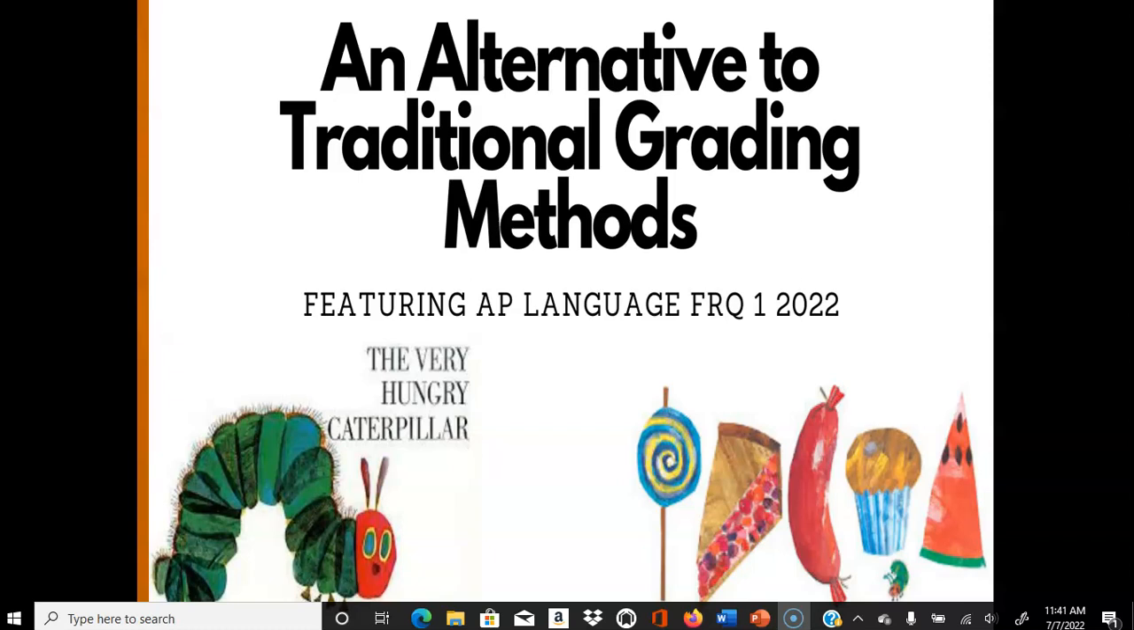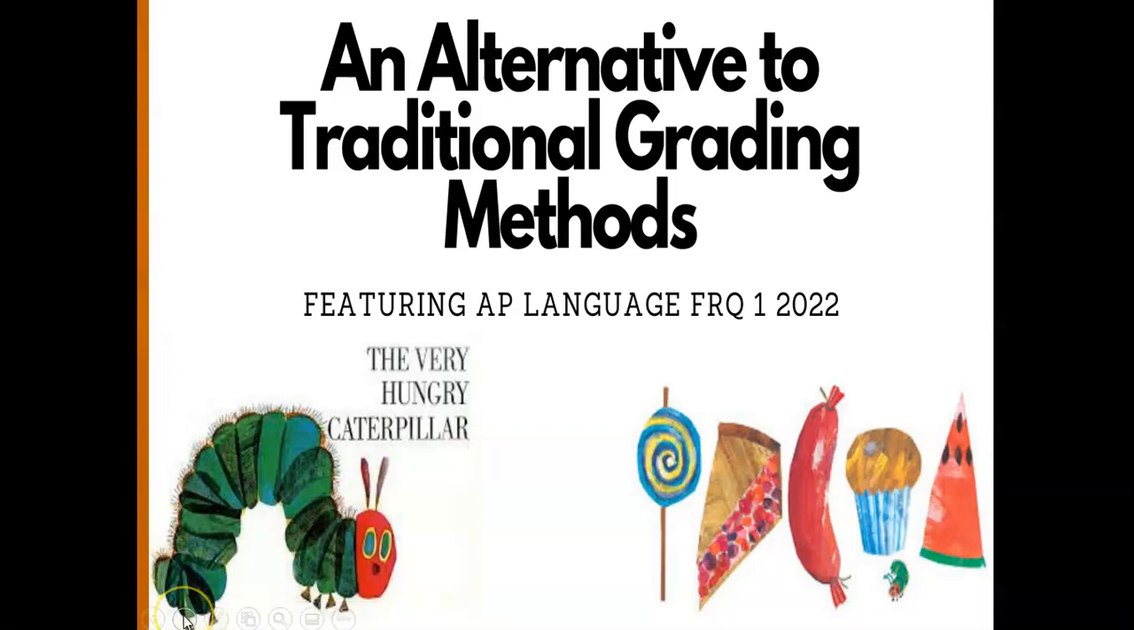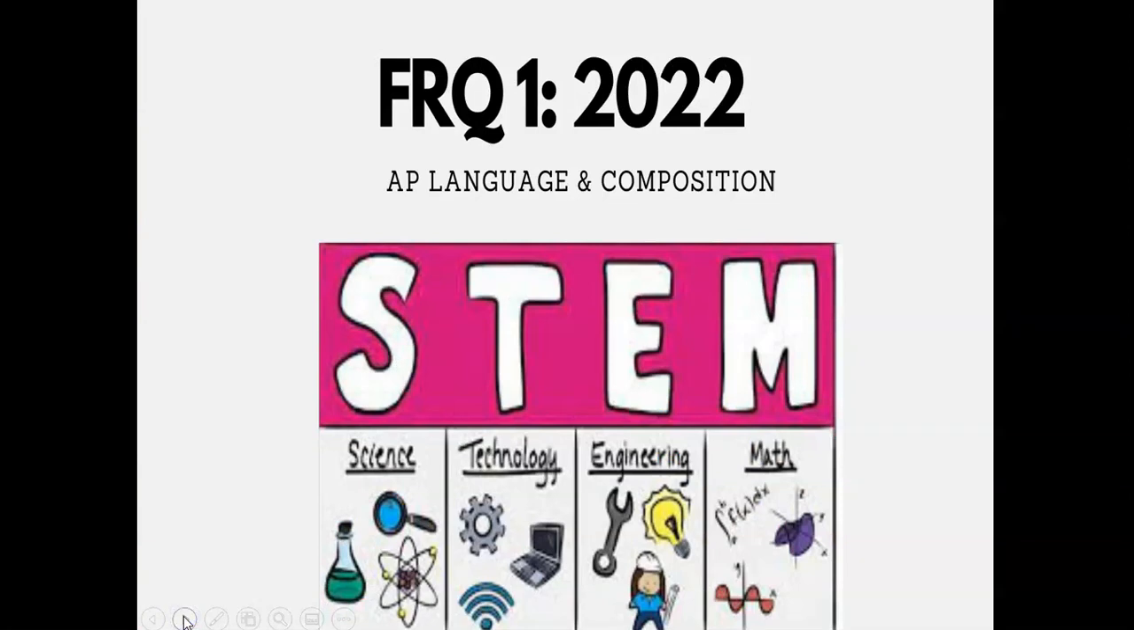So in this video, I'll showcase an alternative grading method that creatively uses the very hungry caterpillar. And we'll use the very hungry caterpillar to grade these essays and also to illustrate how to manipulate my templates, or heuristics if you prefer that word. So just real quick, let's review what the task is. So we're going to take a look at FRQ1 from 2022, the AP Language and Composition exam, dealing with the